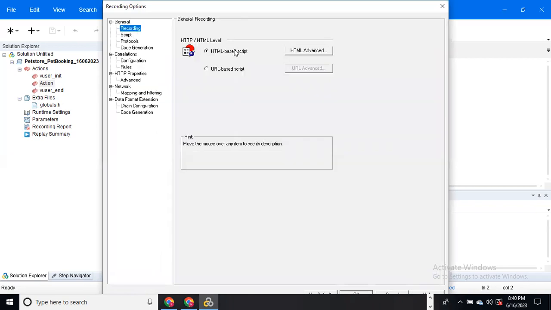In the recording, we have HTML based and URL based. When can we switch from HTML to URL? HTML is nothing but for user-based applications where the pages do not change, like JSP pages, Java servlet pages. The pages do not change every time, like static pages. Then we can use HTML. Maybe it is a dynamic page. Dynamic pages, you can assume